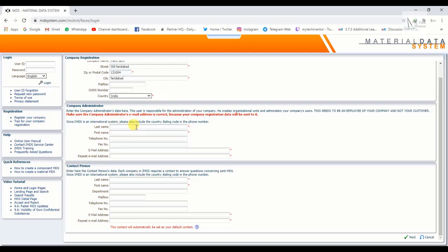Okay, go to the next point, company administrator. Enter the company administrator data here. This user is responsible for the administration of your company. He creates organizational units and administrates your company users. Administrator and contact person, what is the difference? The company administrator has the master username and password.